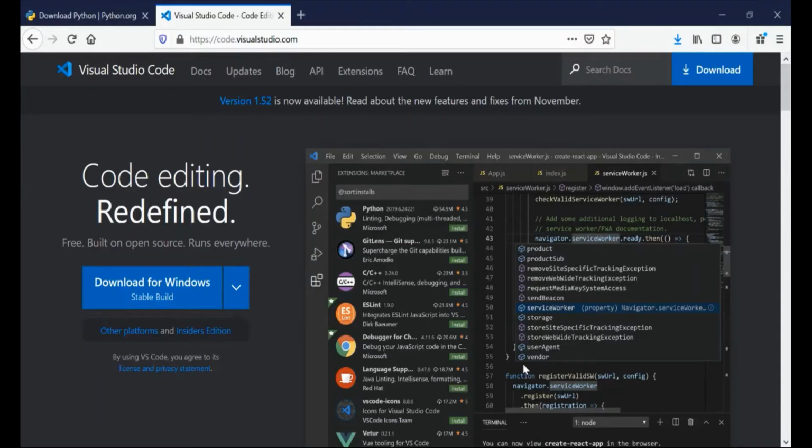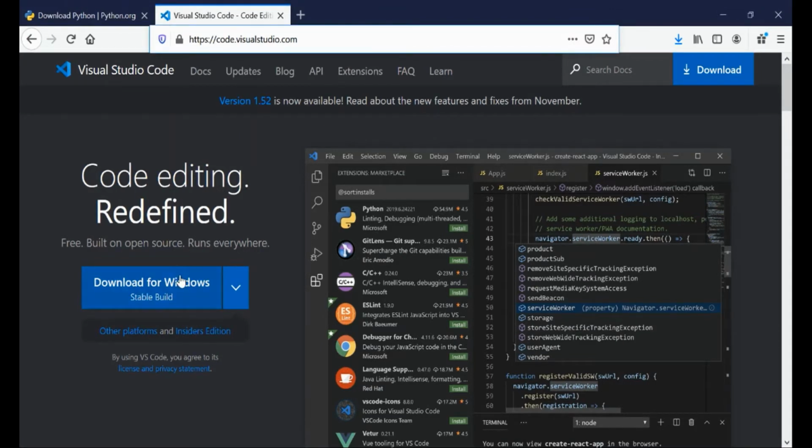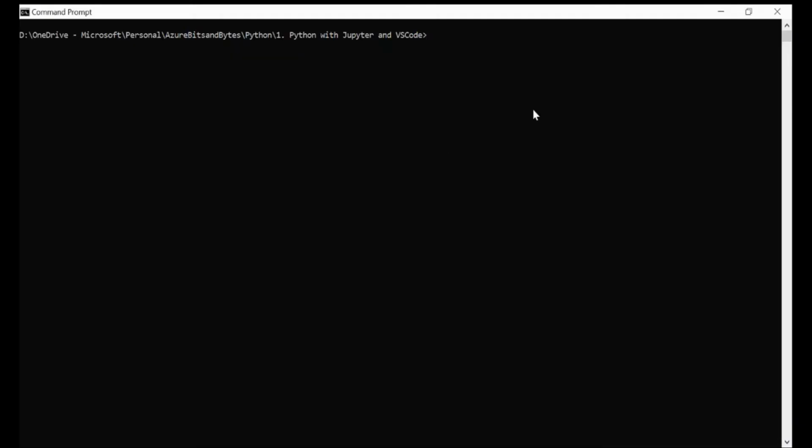To use VS Code, please go to code.visualstudio.com and then download the appropriate installer and install the entire VS Code setup. So after the installation is done, we can open VS Code either by using the Windows program or we can go to the command prompt and type in code dot, that would ultimately open VS Code. So let's go to the command prompt. So I'm already in this directory. I have to simply type in code and dot. This would ultimately open Visual Studio Code. Let's click on enter.